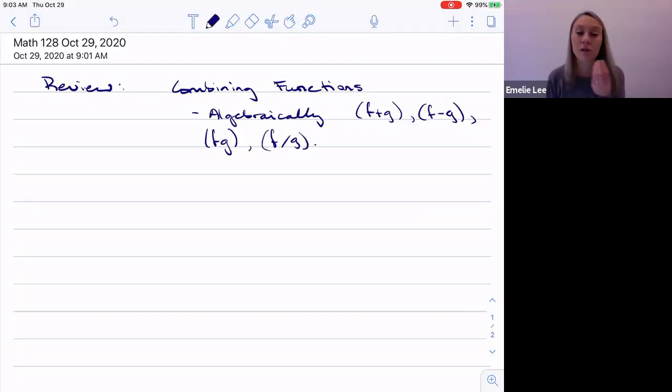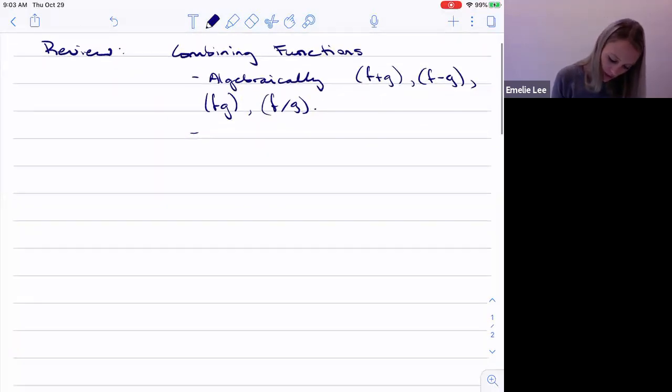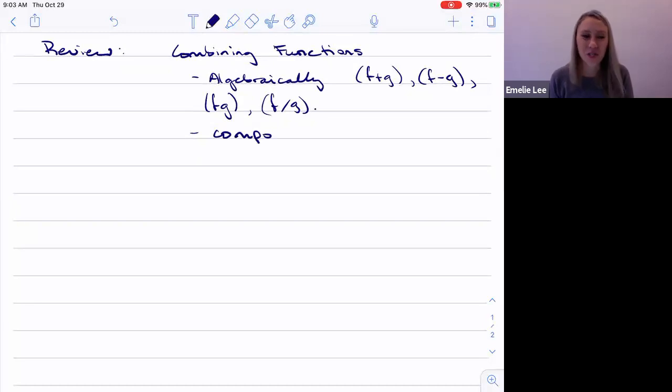If we have two functions, f and g. We could also, through compositions,